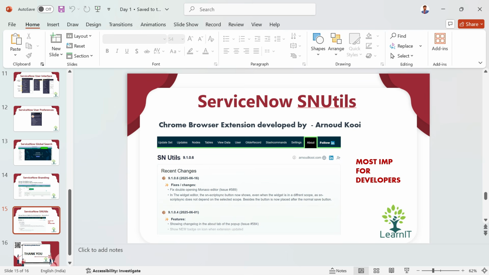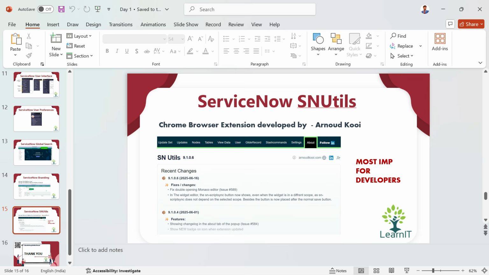Okay, so ServiceNow utils. If you see this utils, it is not provided exactly by ServiceNow, but the person who has created it,